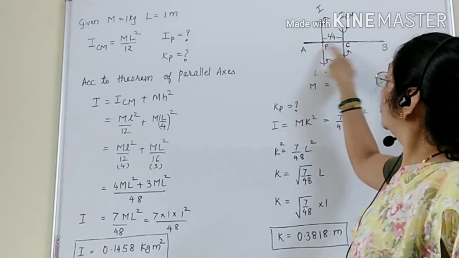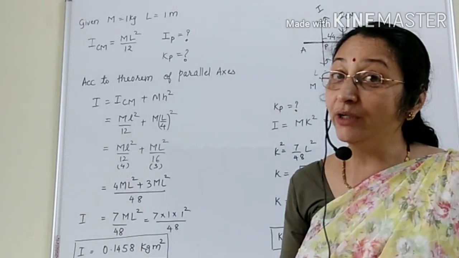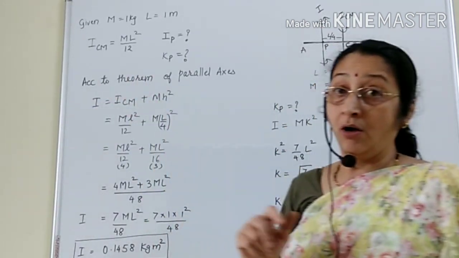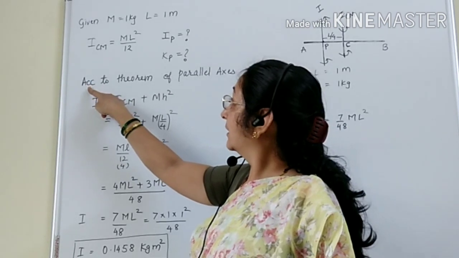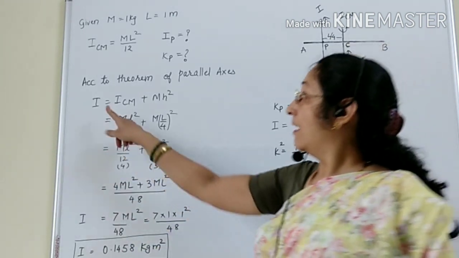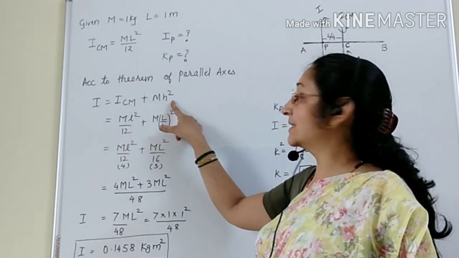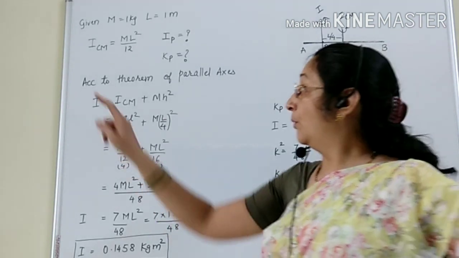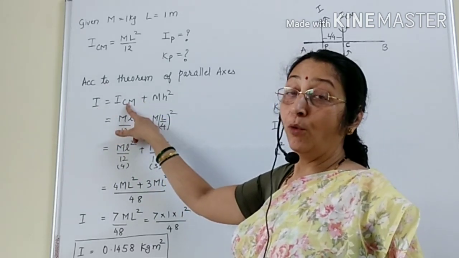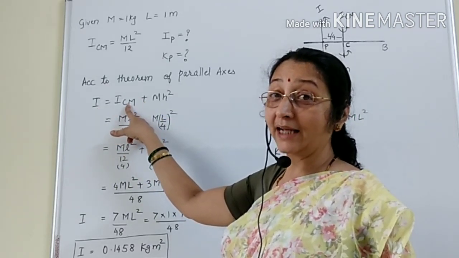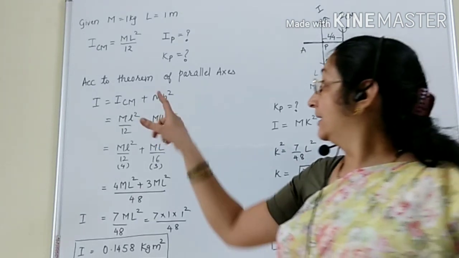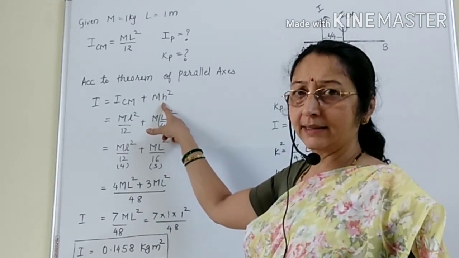So, since these two axes of rotation are parallel to each other, we consider the theorem of parallel axis. So what is the theorem of parallel axis? I is equal to ICM plus mx square. Moment of inertia about any axis of rotation is the sum of the moment of inertia of the same body about a parallel axis passing through the center of mass plus the whole mass of the body and the square of the distance between the two parallel axes. So,